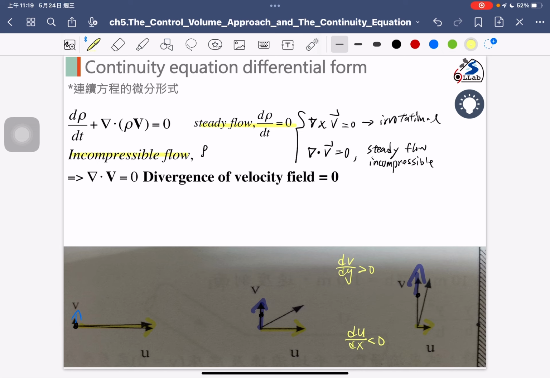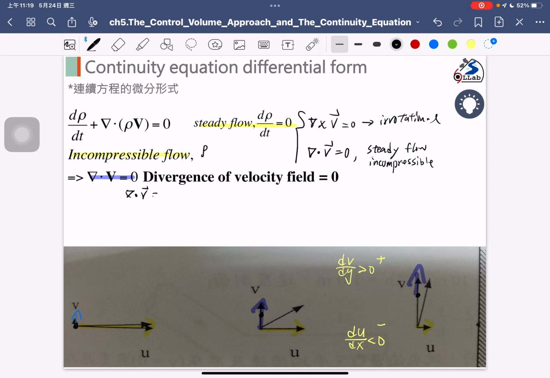Okay, dv/dy is larger than 0. So one is positive and one is negative. If we go back to the differential form, we have the divergence equal to 0. So that indicates, based on the differential form of the continuity equation under steady and incompressible flow,